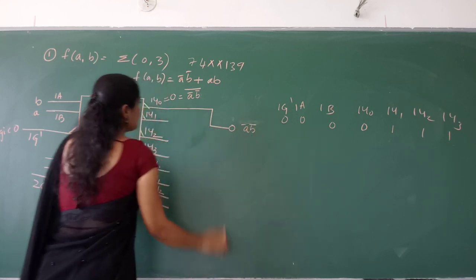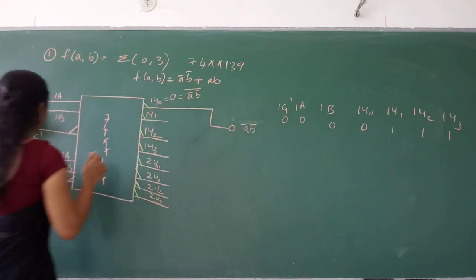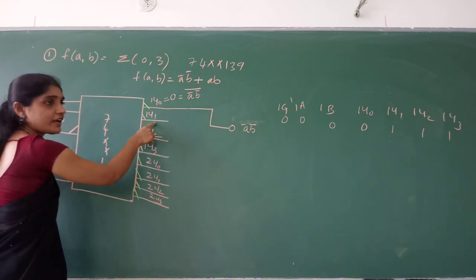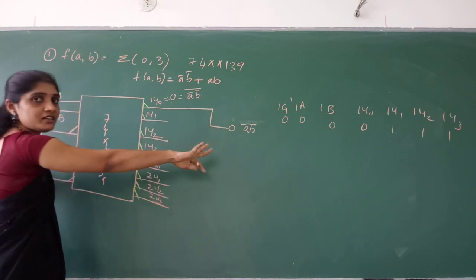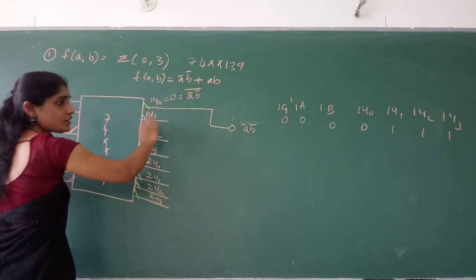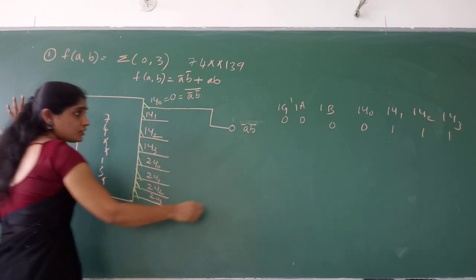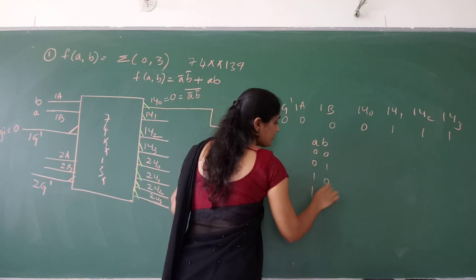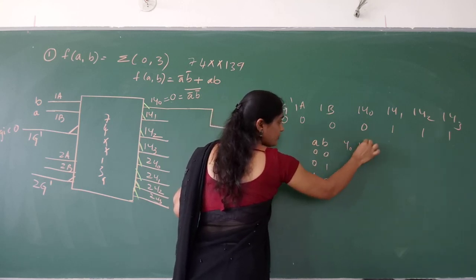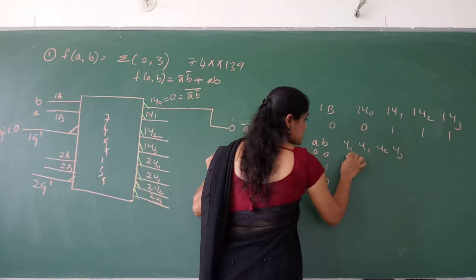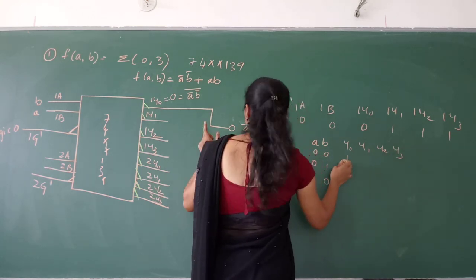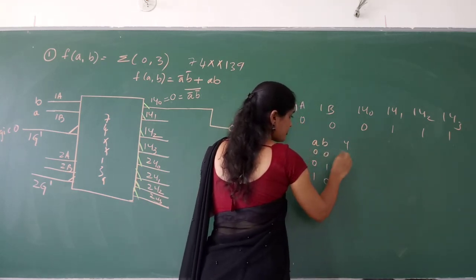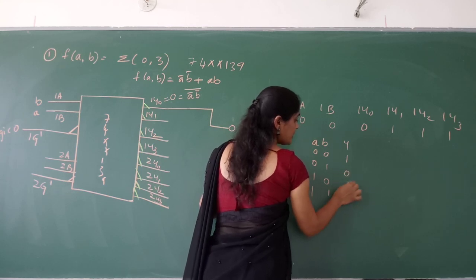Now, okay, 0, 0. Yeah, I got A bar, B bar. If you give 0, 1, Y1 is active. That means Y1 is 0. We should get Y1, 0 only, right? In the truth table for this function, for Y1 I should not get any output. If you remember the truth table, A, B: 0 0, 0 1, 1 0, 1 1. So what is Y0, Y1, Y2, Y3 for this function? This is 1, 0, 3, right? So the function is, for 0 it is 1, for 3 it is 1, for the remaining it is 0.